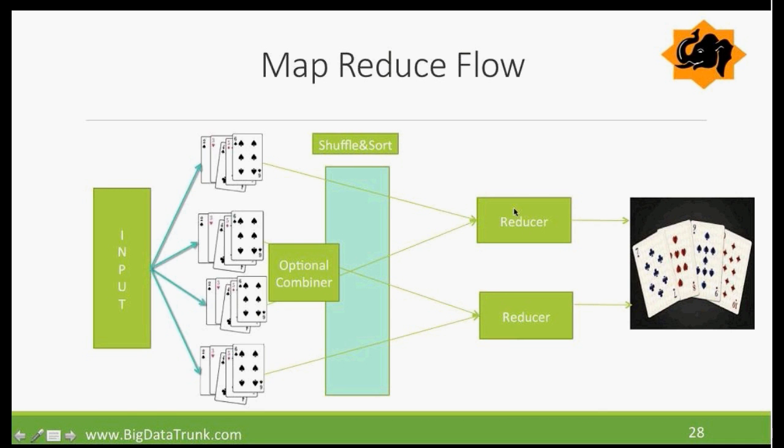Shuffle and sort happened, and it was given to the reducers to produce the output, segregating the data in a correct way as well as providing us the way to group it together and get the answer which we want: how many cards are missing in particular decks. So that was a quick summary, and I hope it was an easy way to understand what MapReduce is doing, and it's making it a little